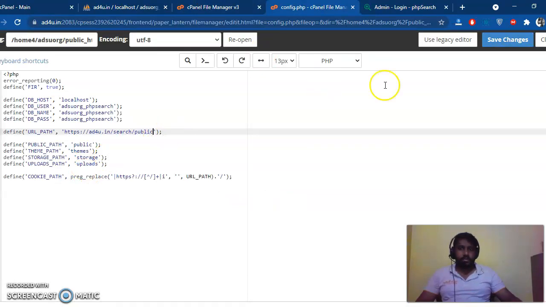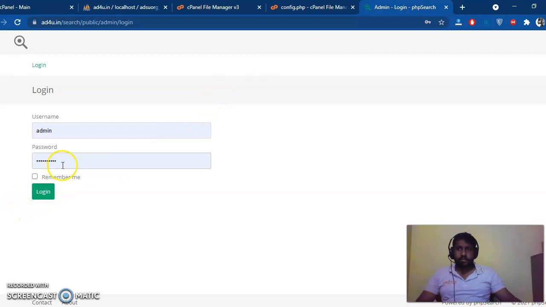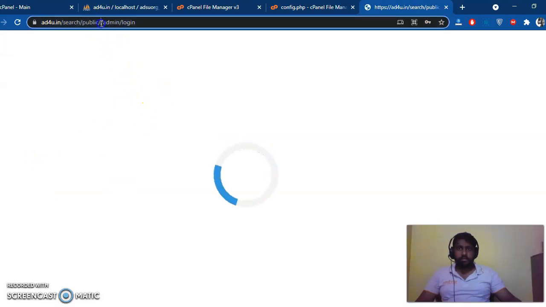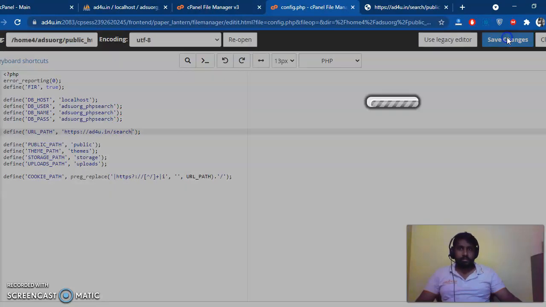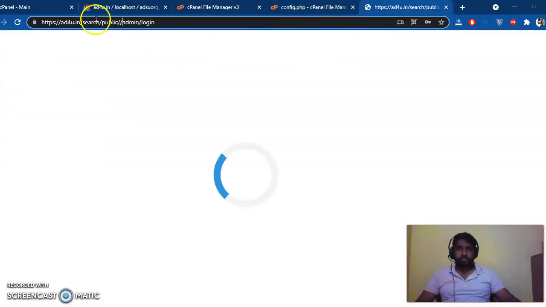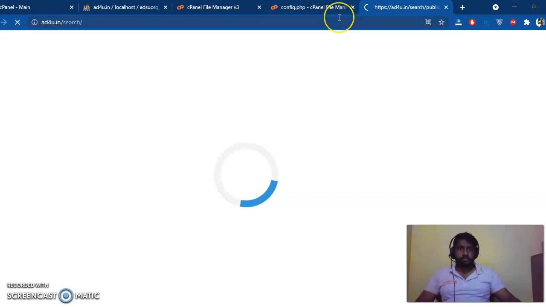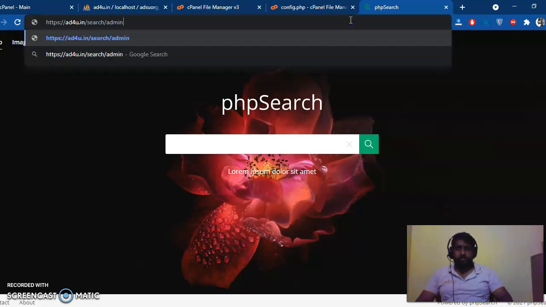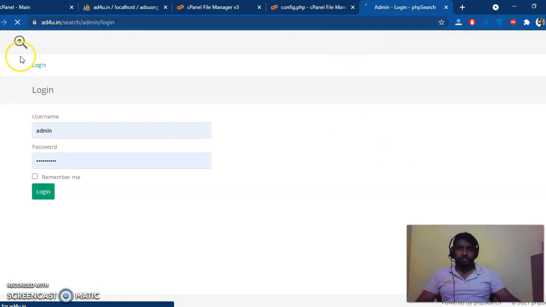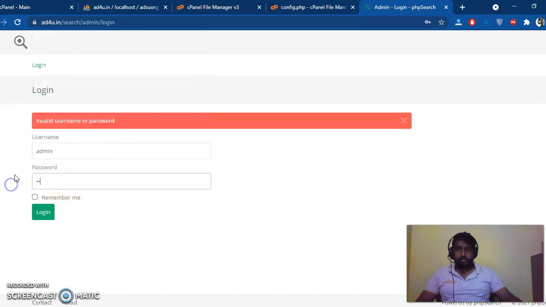After logging into the admin panel, it says invalid username and password.